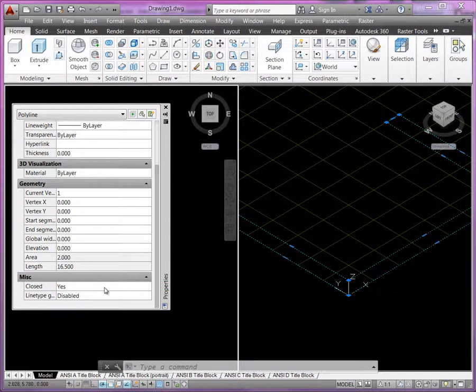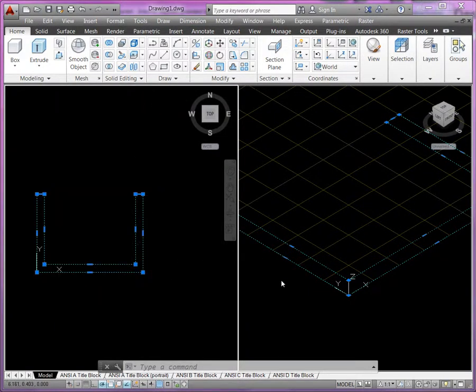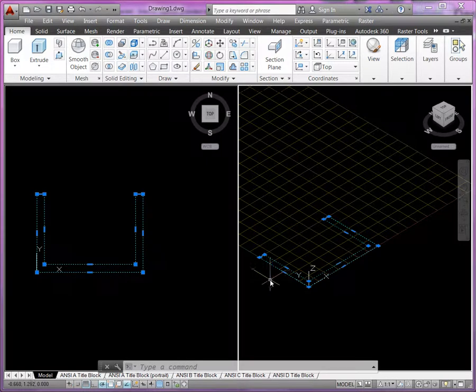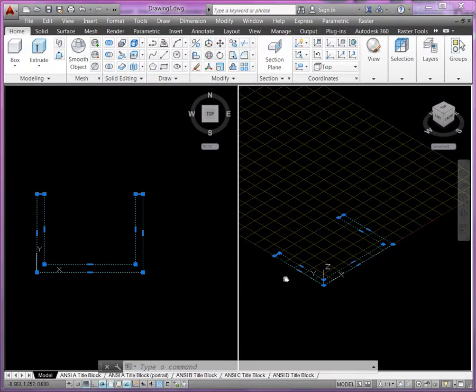Now, if we just had collections of lines, what we could do is we could close it as a polyline, or we could create it as a region. We'll talk about that a little bit later as we do the other features. Alright, so now just to create the base profile, look at this. I'm going to switch over to this viewport on the right side,